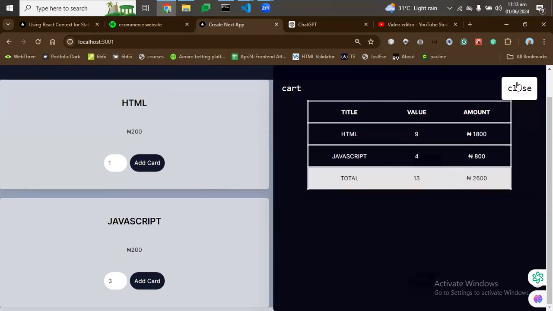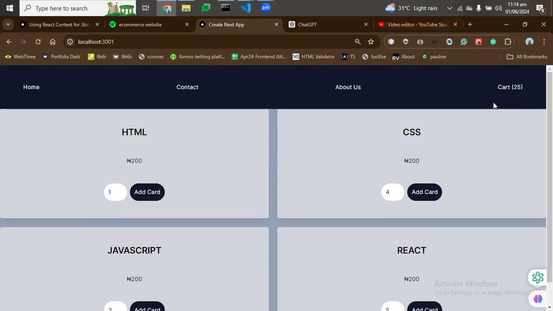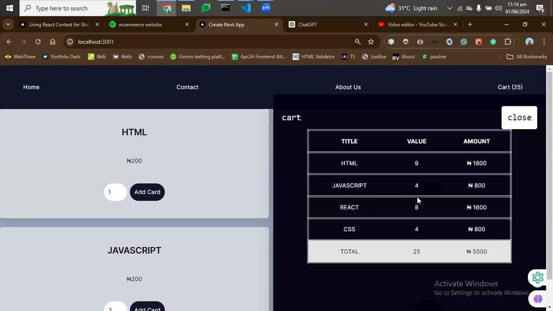And if I add more, add more of this, more of this, go back to my cards, total item is 25, the amount is 5,000. Calculate this, you can see that it's updating it very, very simple way. In the next class, we are going to look at how do we delete something from the